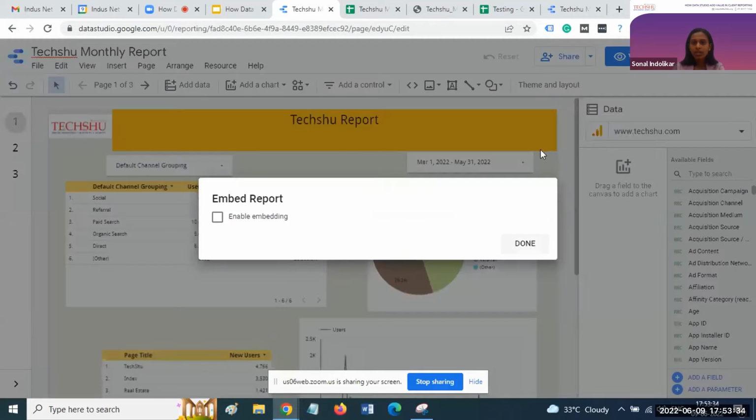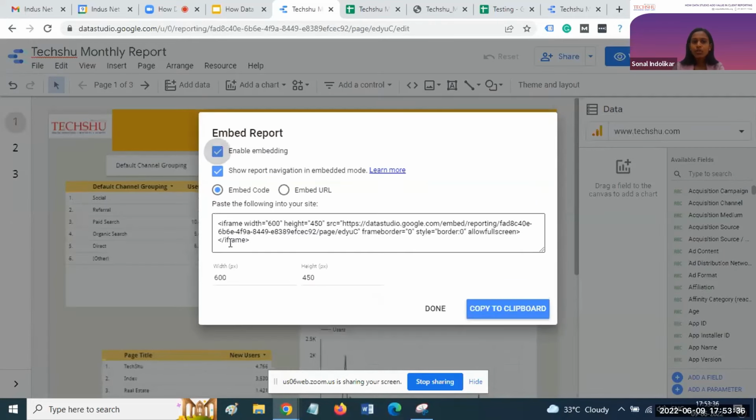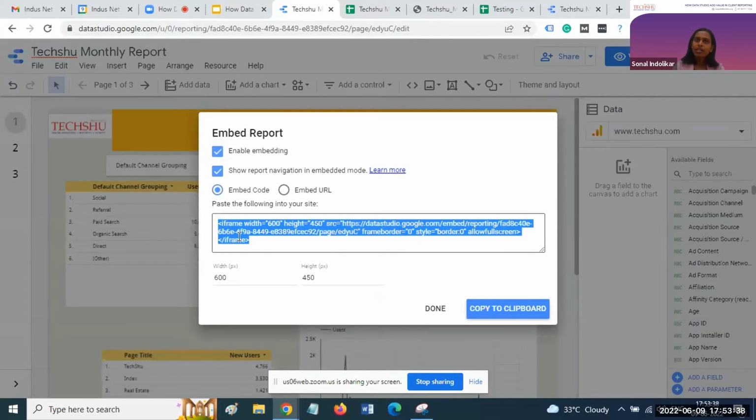When you click on the embed option, it gives you the embed code. It basically puts your Data Studio report in iframe format. For people who are not from a technical background, an iframe is, you can say, the mini version of your report template. It creates the mini version of your report template in iframe format, and your data gets integrated into the other report format as well.